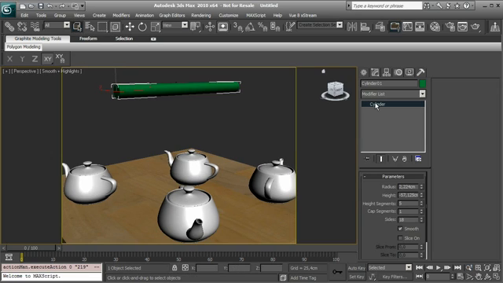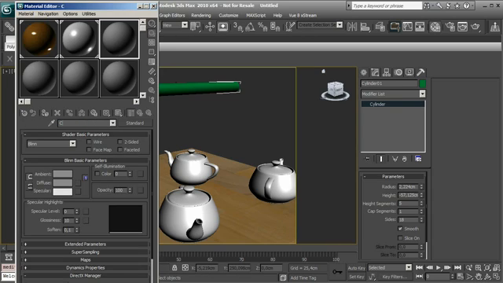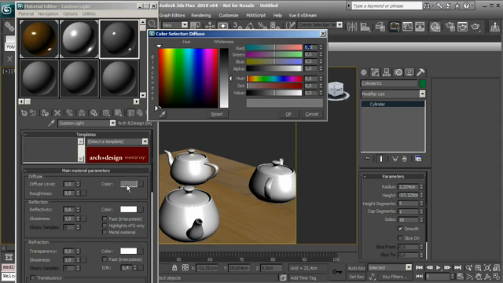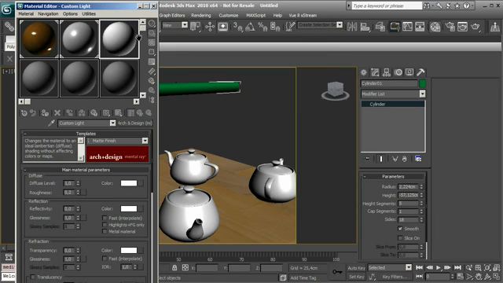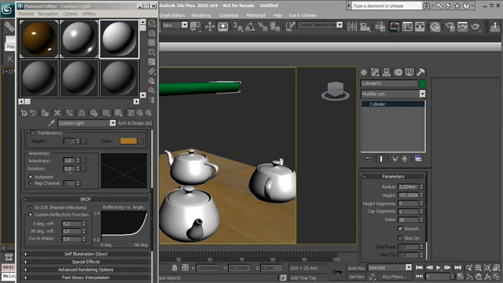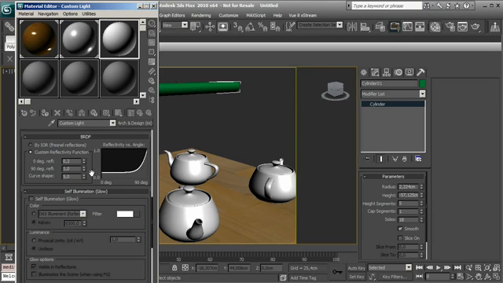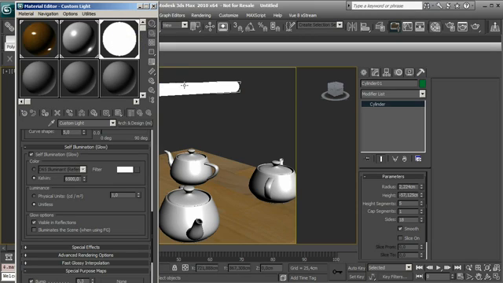Okay, now to illuminate it, we have to create an Arch & Design. So I call it custom light, and we use an Arch & Design, and for the moment we can set the color to white. Okay, and we can say matte finish, so we have no specularity and nothing else. Then we have to go inside the self-illumination glow section, and you see that we have all the stuff and all the parameters we need to create the illumination. So we set to on the self-illumination glow, and you see that we have lighting now, and I assign it to